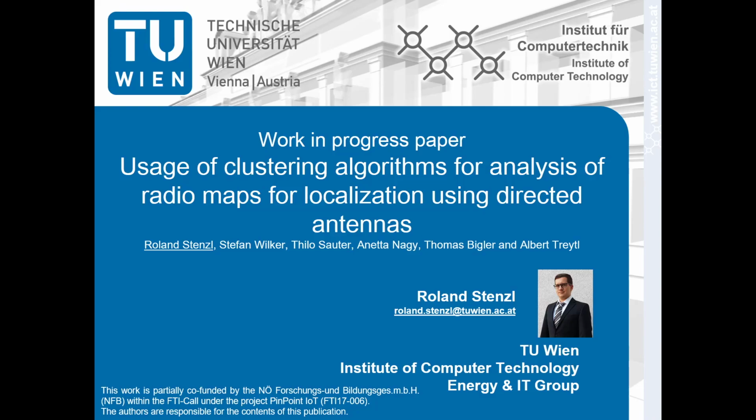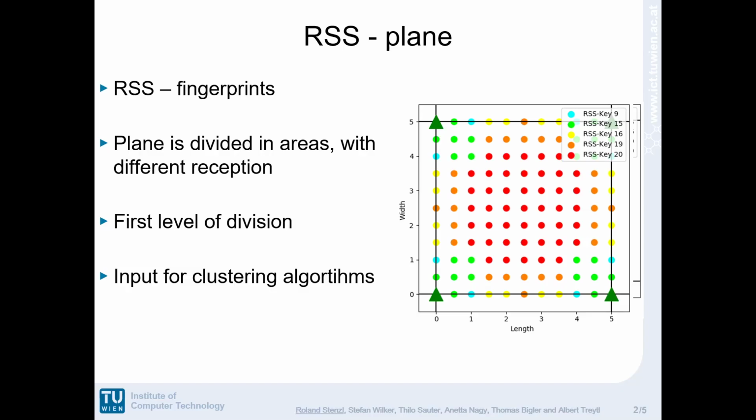Usage of directed antennas could increase the localization performance and suppress disturbing effects, yet dramatically increase the complexity of localization, especially in large-scale networks. We try to solve this problem by using the aid of machine learning in the form of clustering algorithms. A first approach was to simulate a two-dimensional plane with 4 directional anchor antennas, one in each